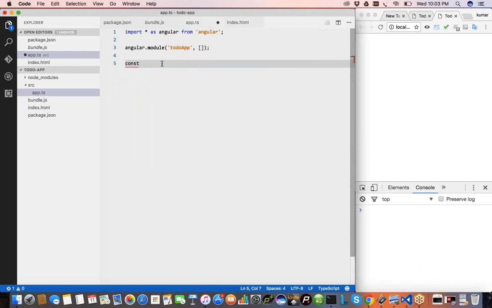const is a constant, which is a part of ES6. TypeScript is a superset of ES6, and ES6 is a superset of JavaScript. So all JavaScript is valid TypeScript, right? TypeScript is JavaScript plus some extra syntax. So const comes from ES6, and it means a variable which cannot be changed. const ToDoApp equal to,